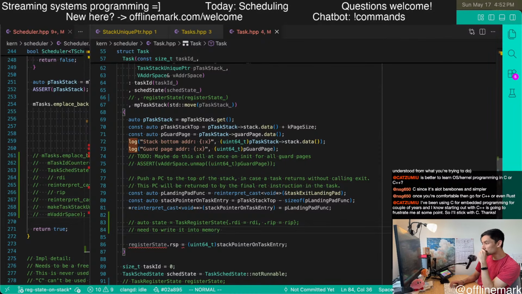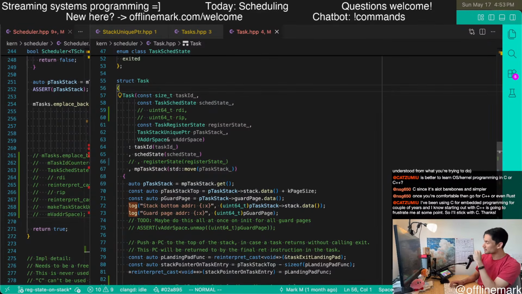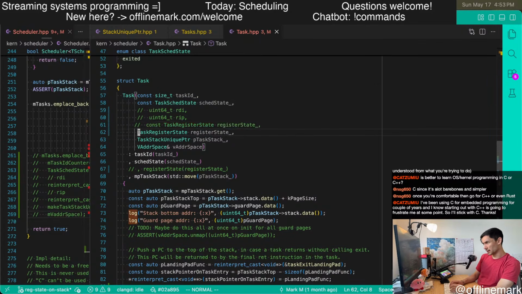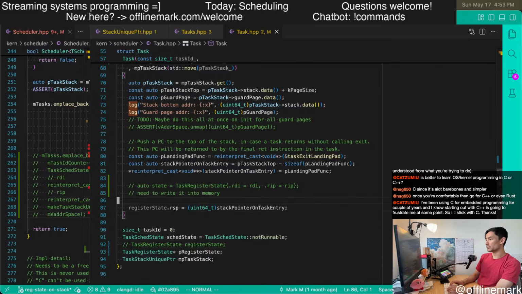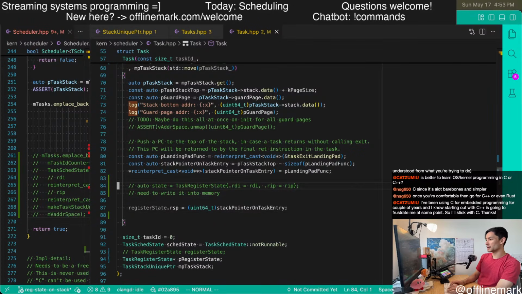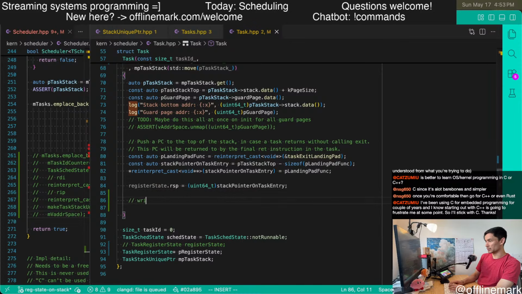And this is very interesting. So I'm going to make this thing not const anymore. It also doesn't need this thing because it's no longer being stored. We're mutating this, and then the idea is we just need to write it into memory, right into memory.